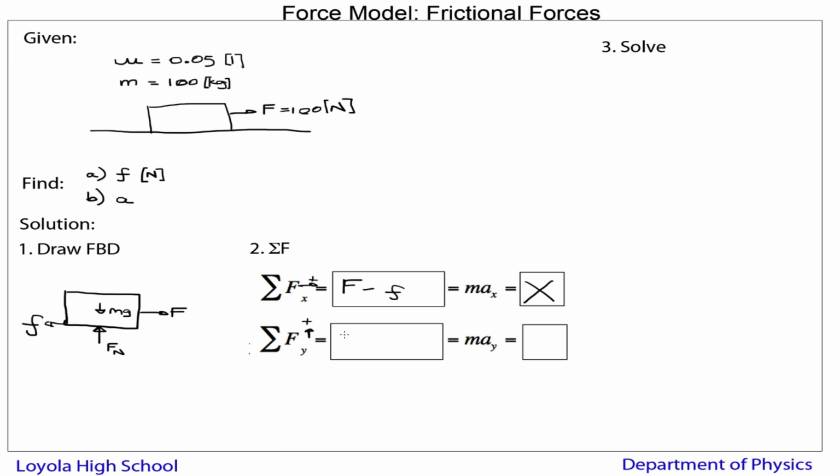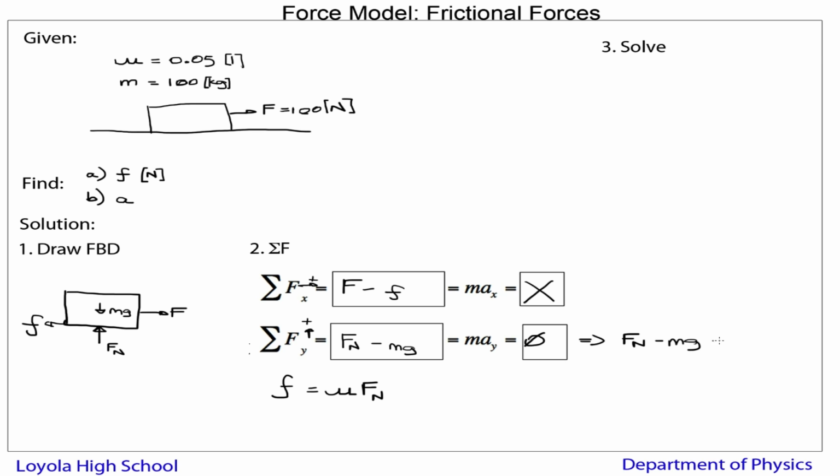In the y direction, I have the normal force pushing up, which is the ground basically, and the gravitational force mg pulling down, and then this will have 0 acceleration in the y direction because there's no up and down acceleration. In addition, when you do a force problem, you get a third equation for free. It's the frictional force equation, which says that the frictional force is equal to mu, the roughness, times the normal force. And for our case here, if you just look at this equation right here, the normal force